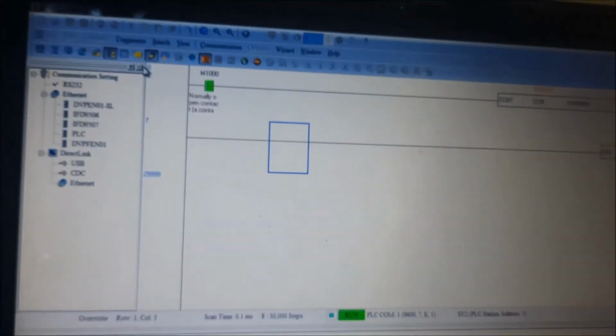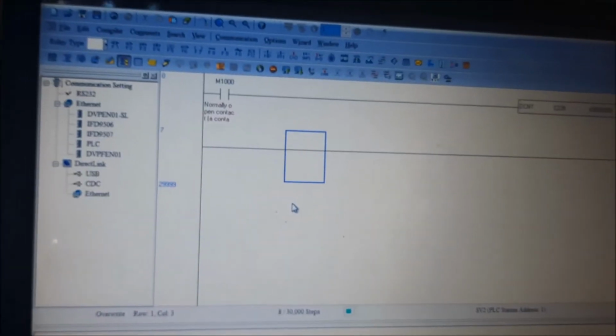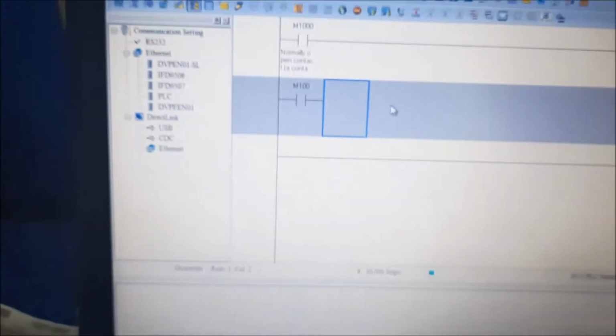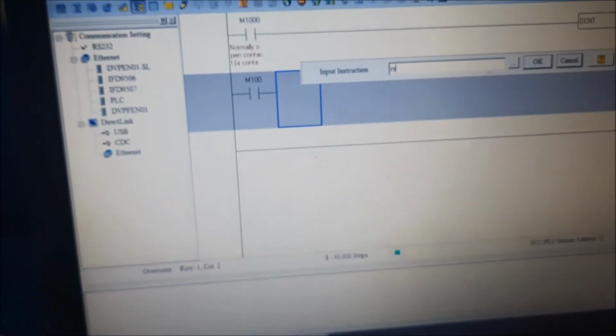Suppose we want to reset this value, so just write down here: take one bit, LD M100, and reset C235.